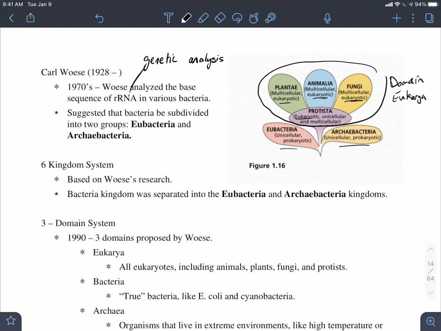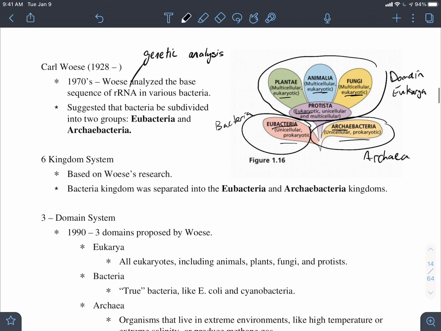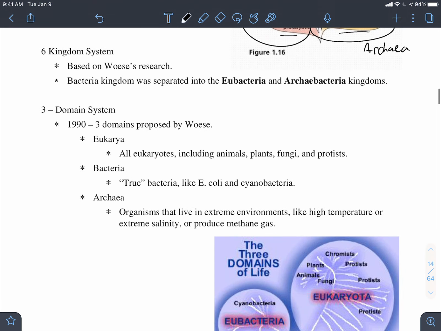And then these ones, they are prokaryotic, but there were actually slight differences in their prokaryotic cells. So he said, let's call these ones over here bacteria, and these ones are going to be called archaea. So continuing to use the name he had come up with before, archaeobacteria, he wanted to pull that archaea part out, keep that part, and then pull the bacteria part out and keep those separately. So that's where his three domains came from.